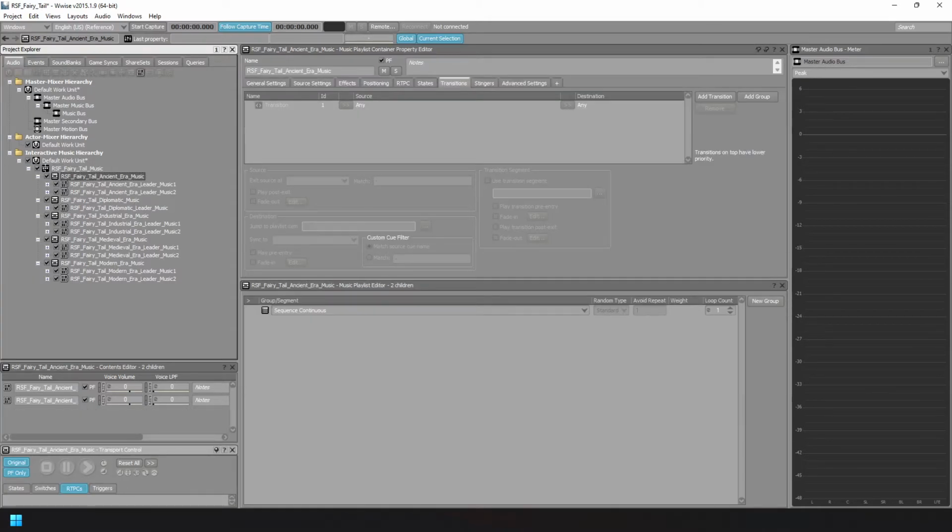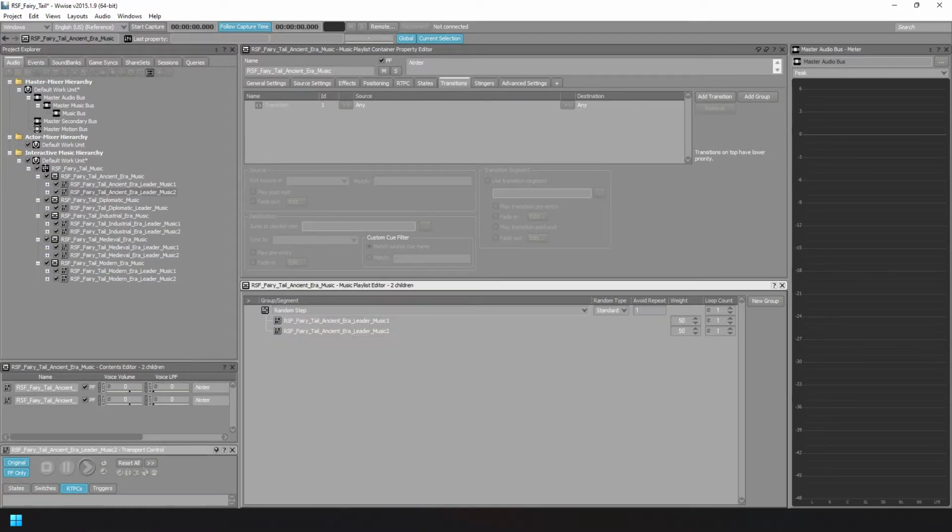Click on your era playlist and drag all of the music segments under it into the music playlist editor. You can choose whether you want the music to play in a set order or randomly. I'm going with a random step and shuffle for mine. Avoid repeat means the number of songs that will have to be played before the same song can be randomly repeated again. If you're using larger playlists, you may want to alter this number to something higher than a 1.